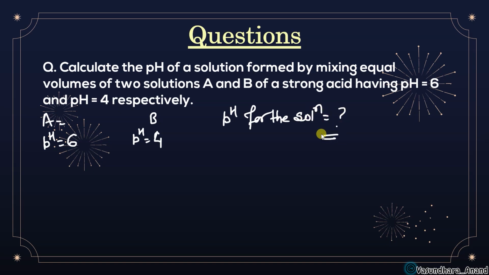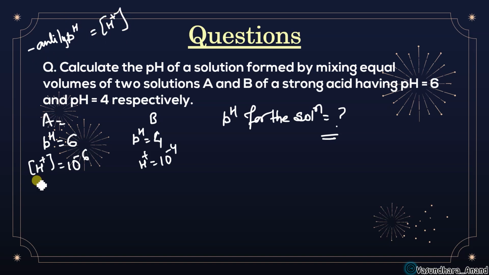Yes. So in this case, how will you find it? So you just find this. This is strong acid having pH 6 and pH 4. So if we look at the pH, you can find that H plus concentration is equal to 10 to the power minus 6. Can you say simply yes or no? And here if you take the H plus concentration, you will get 10 to the power minus 4. How will you find it? Again do the anti-log, because we know this formula, pH is equal to minus log of H plus concentration. So use this formula, you will get this.